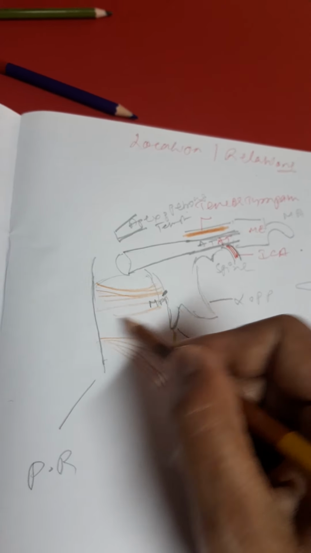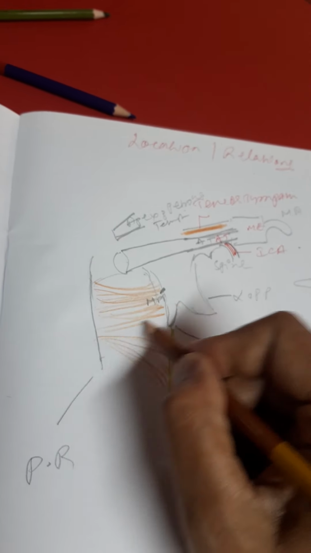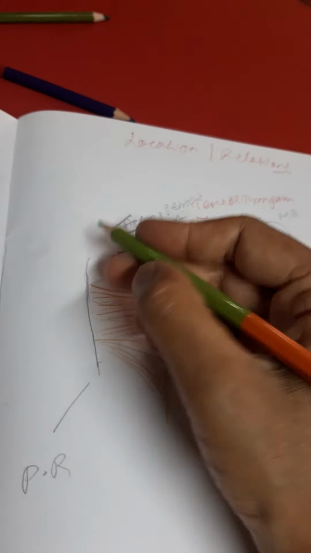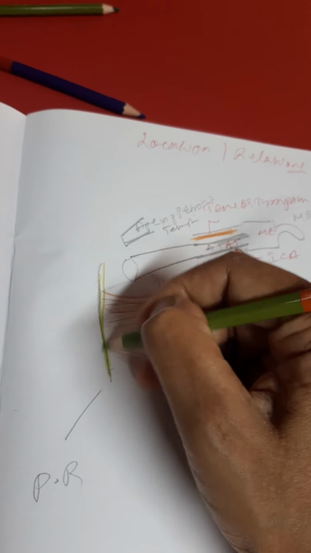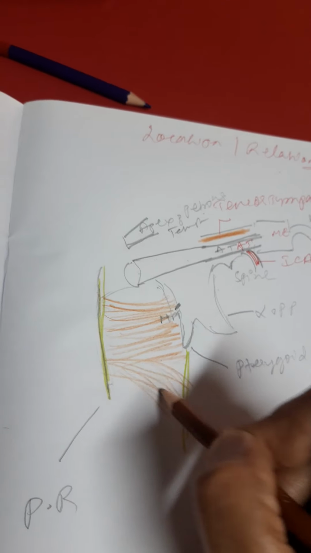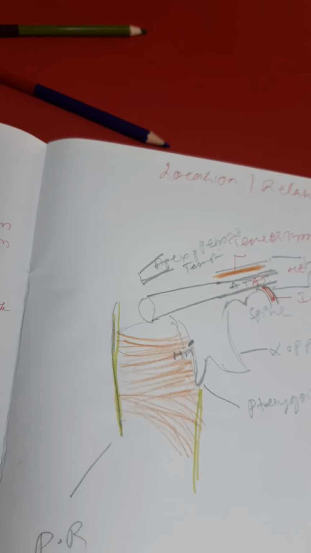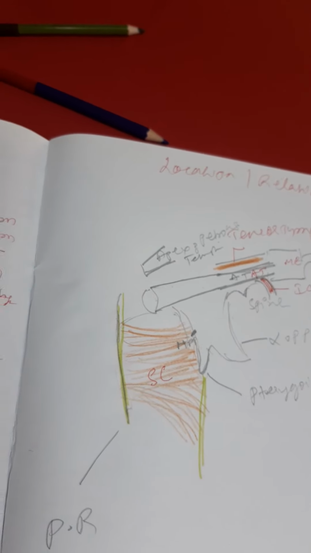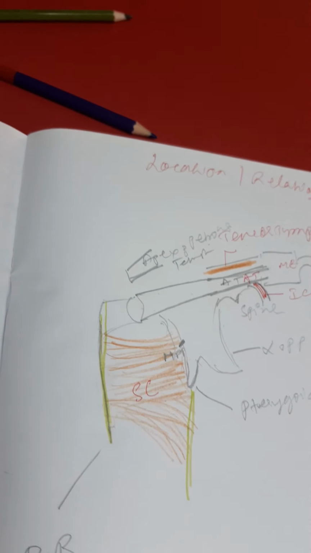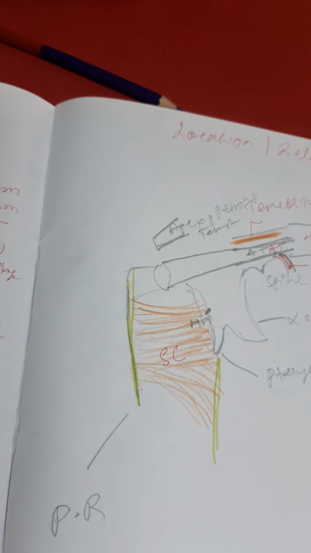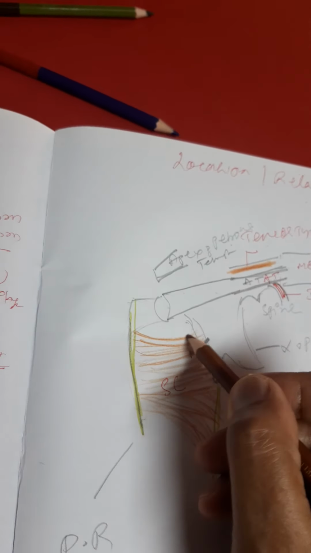Only partly I am drawing the superior constrictor muscle, and posteriorly it gets inserted to the raphe. So this raphe can be written in green color. Pharyngeal raphe. So this is superior constrictor muscle. Clearly between the base of the skull and the upper border of this superior constrictor muscle,